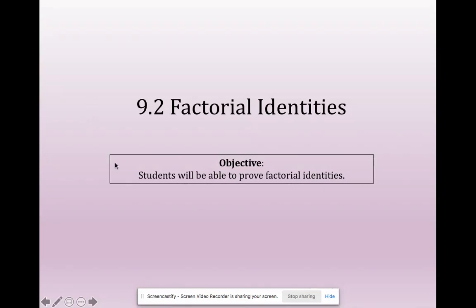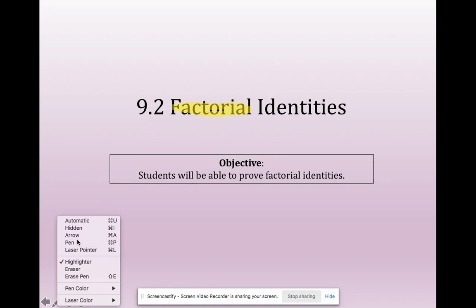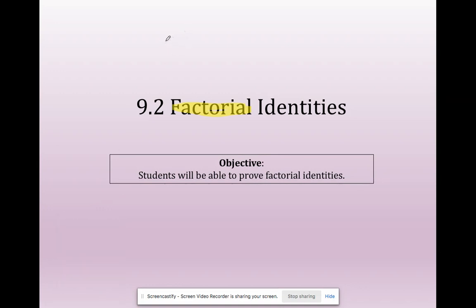Welcome back, kids. Today, some more discrete mathematics, even more abstract, I think, than Pascal's triangle. We are going to be dealing with factorial identities. This is very similar to your trig identities, where you were proving one side equaled the other side. Right? You had an equation, but you weren't using equation techniques where you were solving for a particular value, you were proving one side is equal to another, so you don't